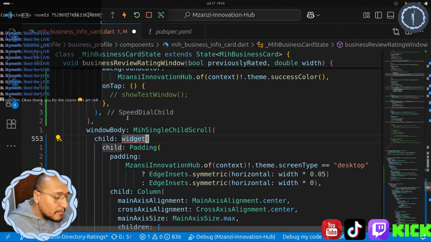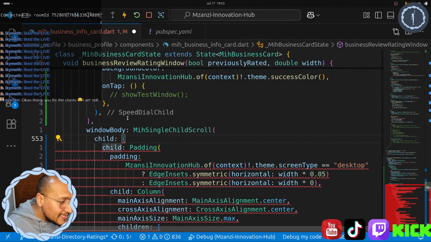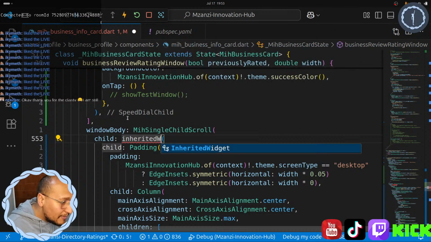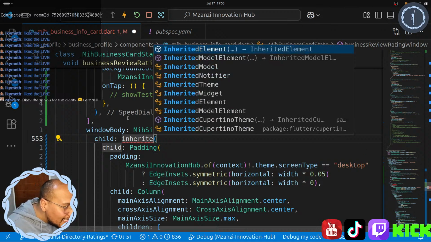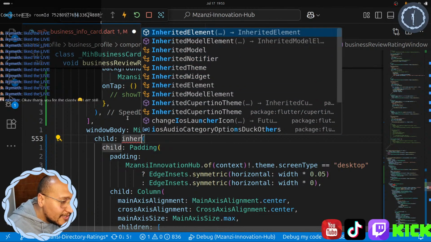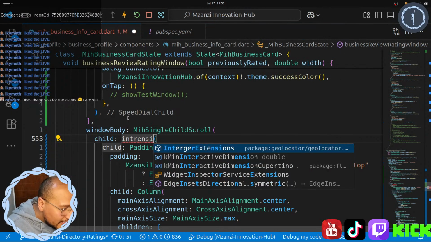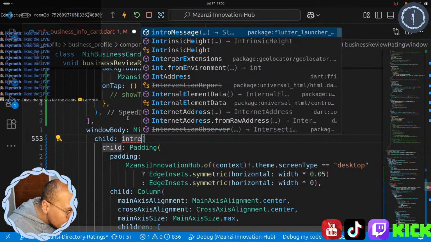What AI taught me just not too long ago, CW, is inherited, or intrinsic, sorry. Intrinsic height. If you look over here, intrinsic height, and then there's an intrinsic width.